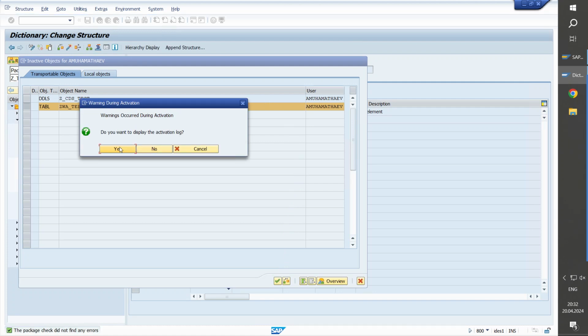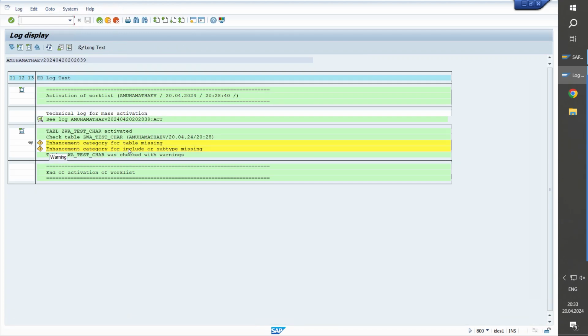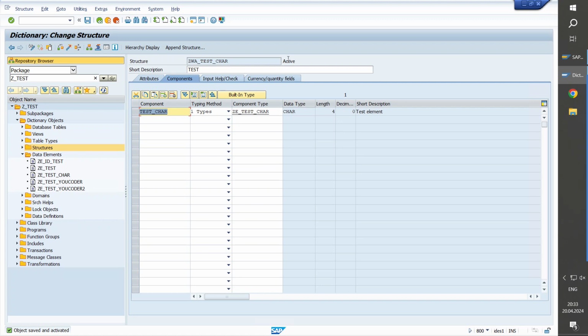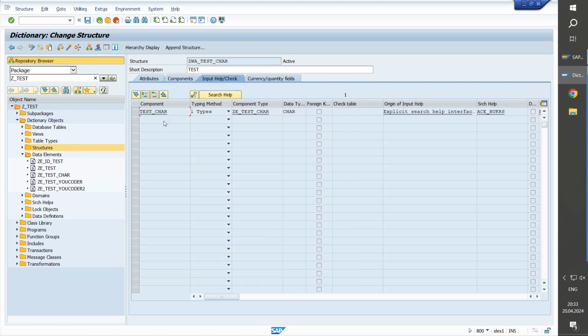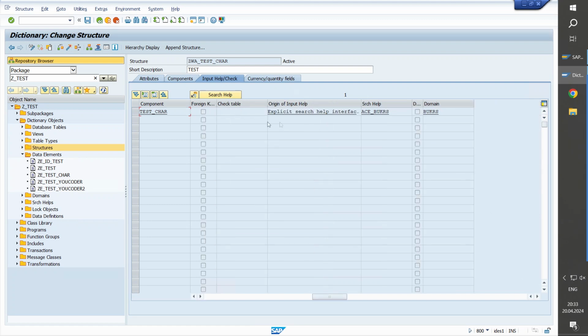Warning log we can show, for example. It's not very important. Okay, we activate it, and now if we go to input helps, we can see this information, our search help and the domain which we use.